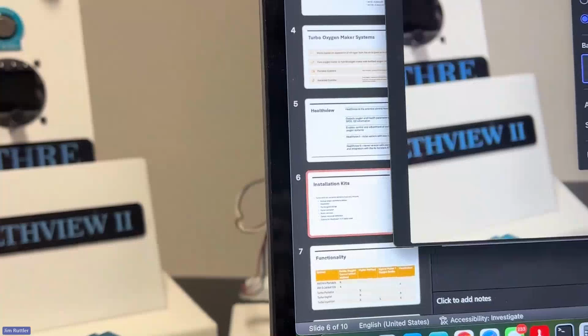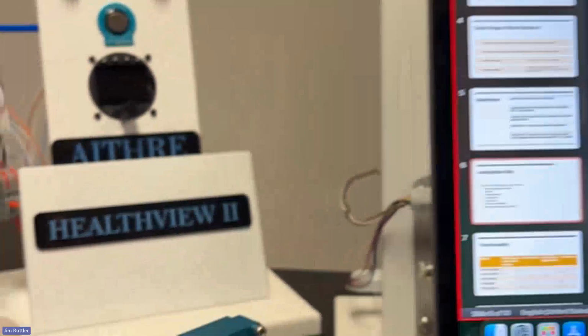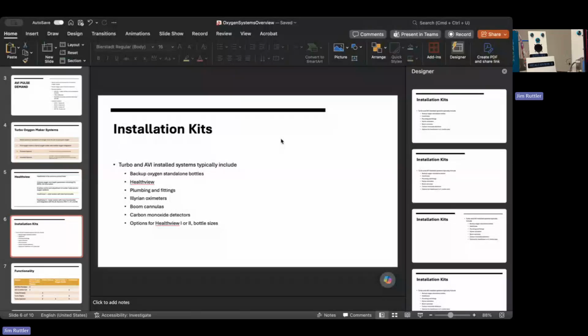I'm going to turn off the camera, go back to screen share here. Any aluminum, Kevlar, oxygen bottle. So you're not limited to only using the Aithre oxygen bottles. We do partner with Mountain High to also offer any of their oxygen bottles. And we've got a special regulator if you do that, that we have to equip the systems with,